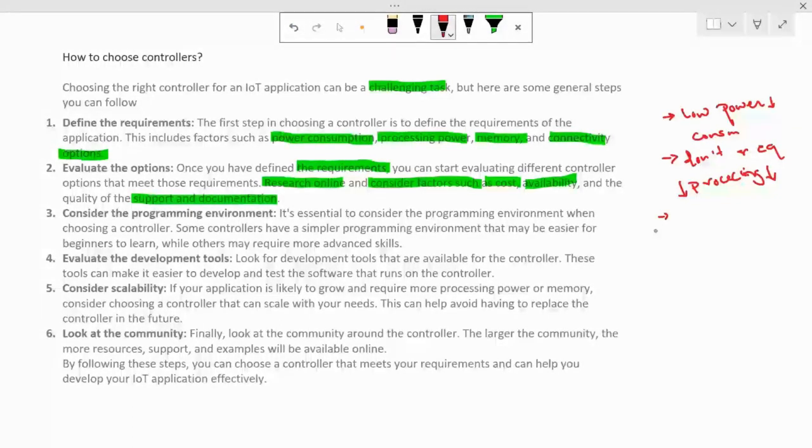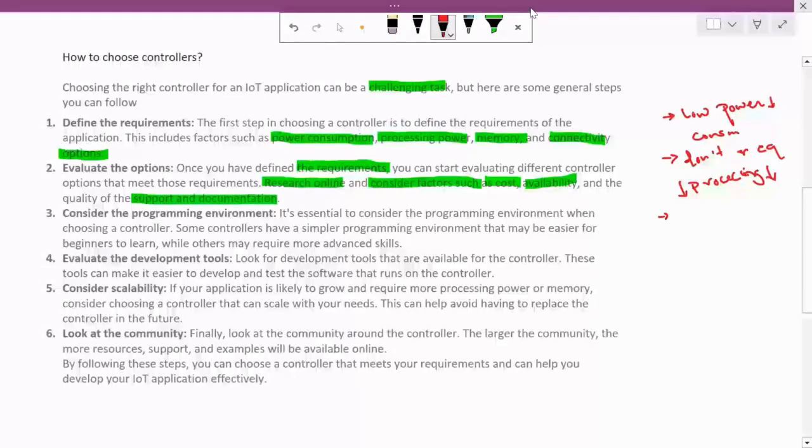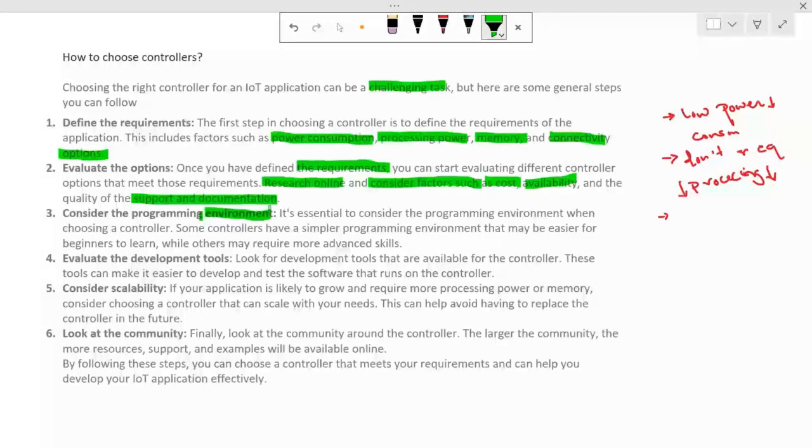Let's see the third point. Consider a programming environment. It is essential to consider the programming environment when choosing a controller. Some controllers have simpler programming environment that may be easier for beginners to learn, while others may require more advanced skills.